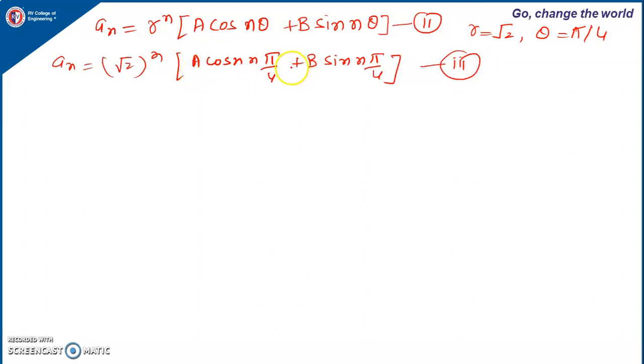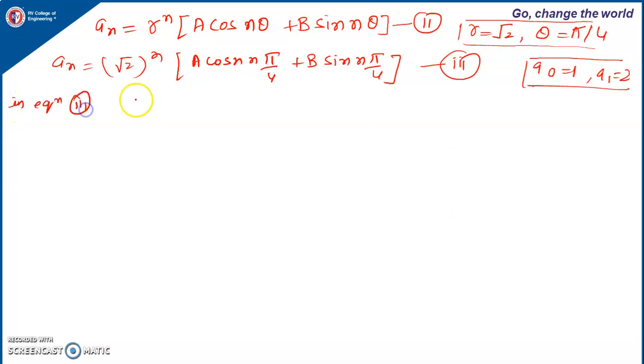Next we need to find the value of a and b. To find that, we should know the initial values. The initial values given were a0 is 1 and a1 is 2. These two values were given to us. So using that, we will find the value of a and b. In equation 3, if I put n as 1, we get